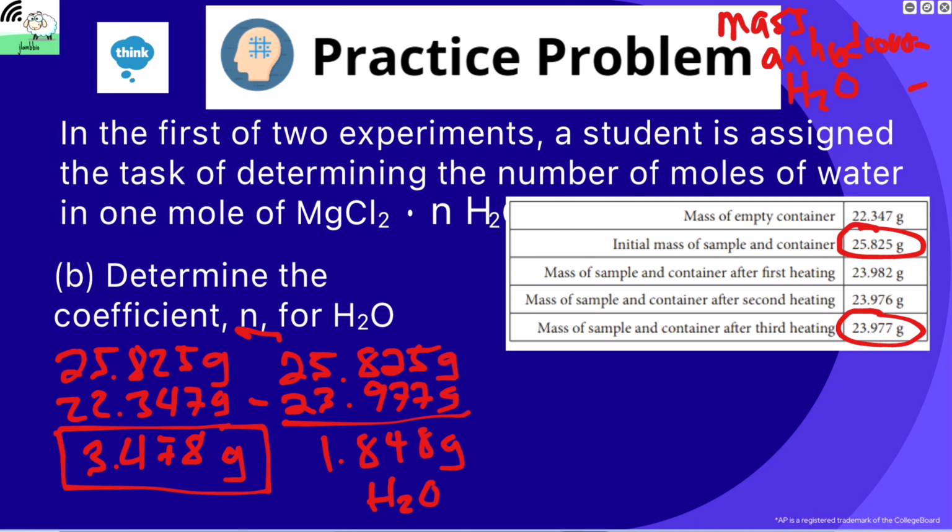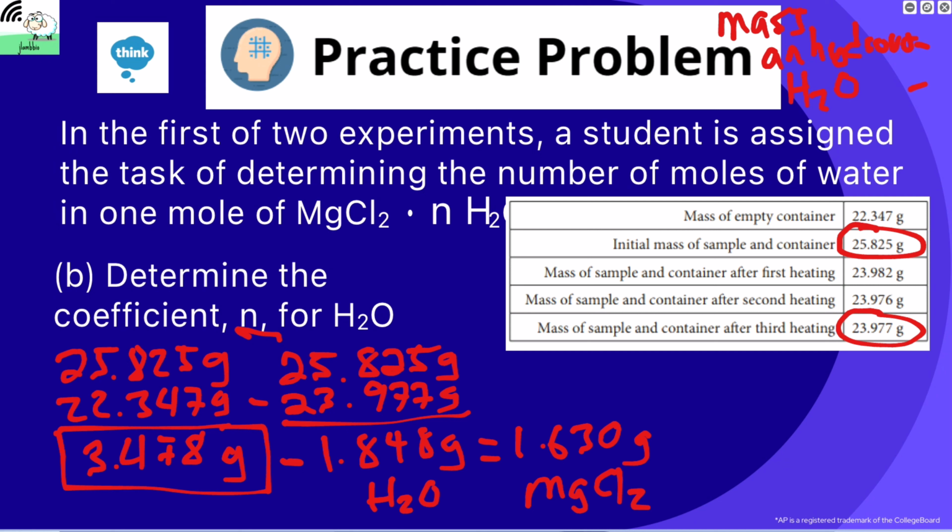So the last thing I want to do here is subtract these values, because the mass of the sample with the water minus the mass of the water will give me the mass of the sample without the water. So if I subtract 3.478 and 1.848, what I get is a mass of 1.630 grams of MgCl2. All right, now what I'm going to do is utilize this information, these 2 masses here,